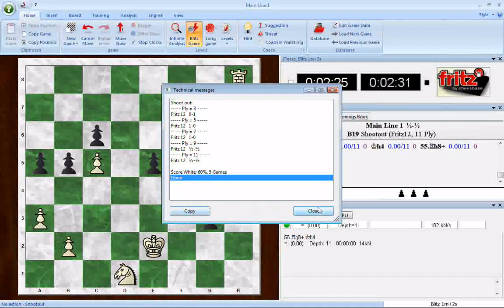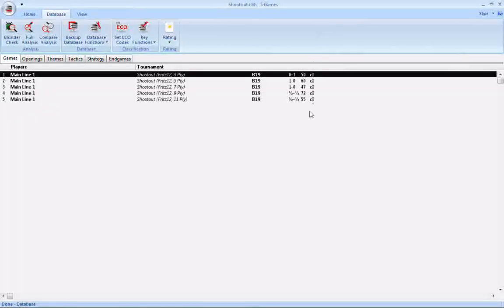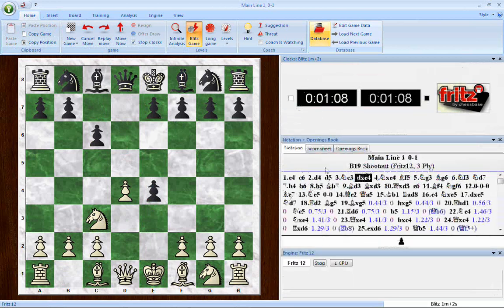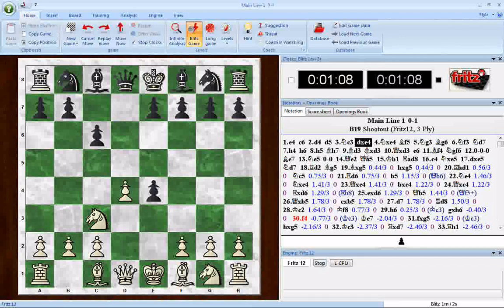Now, if you want to see the actual games, you just click close, and if you hit F12 or go to database, it'll take you back to the screen. Now, notice this is going to look like the database I had before, but if you look closely, main line 1 is every single game, and you notice it says shootout, Fritz, 3 ply, 5 ply, 7, 9, and 11. And you can actually just click on a game and just play it out. Or if you want, just make that a little bit smaller, and you can have a better look at the